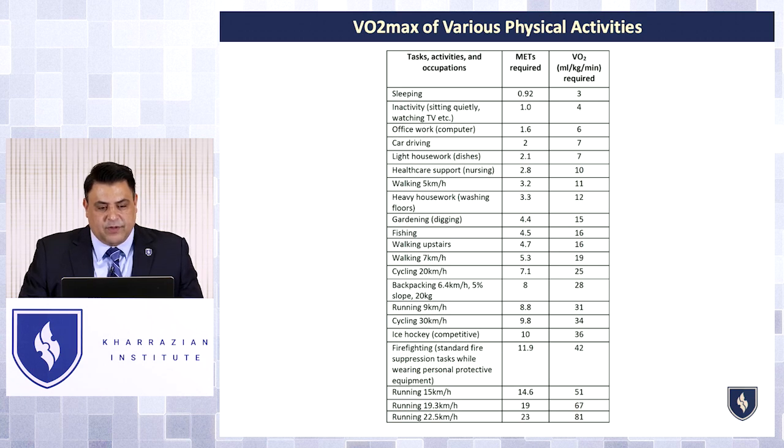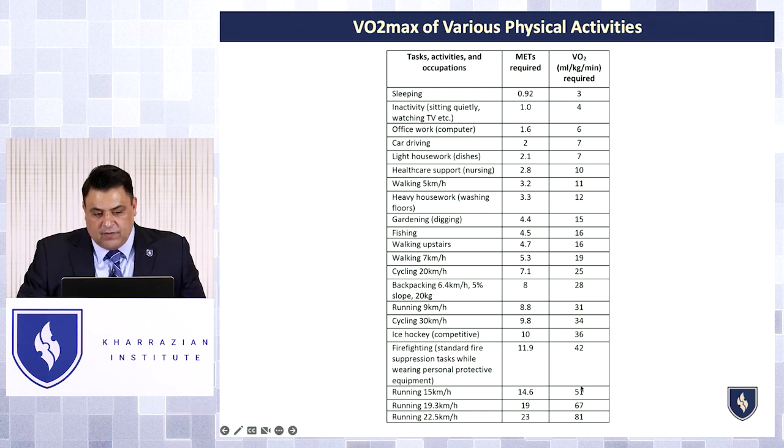Here's just a diagram that goes into VO2 max for physical activities. Like the maximum oxygen required for sleeping is 3, right? And then if you look at, for example, walking, it's up to 11, and then walking at 7 kilometers per hour, 19, and then cycling is 25, and then running, you get way up there: 51, 67, 81 VO2 max requirements at the following kilometers per hour pace. So, if someone can get to a VO2 max of 51, that's their health, and they can run at this pace, assuming that they can keep it for an hour.